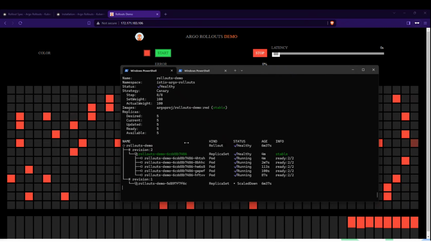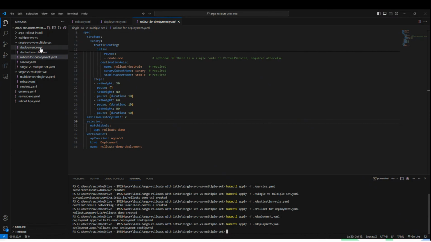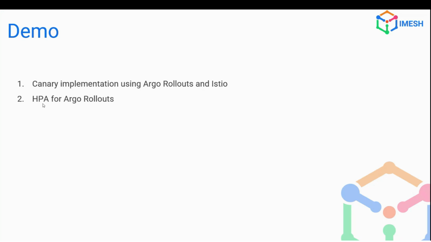So that's all for the application things, Argo Rollouts and all. I'll be showing one HPA as well, as I was mentioning. HPA for Argo Rollouts. In the deployment case, we use HPA to manage the deployments. Here, in case of Argo Rollouts, we apply HPA for the Argo Rollouts, and when we have a